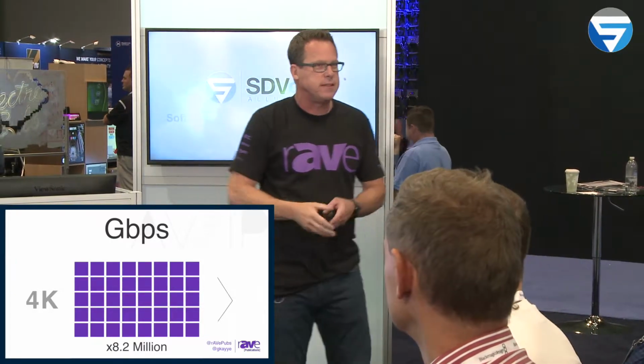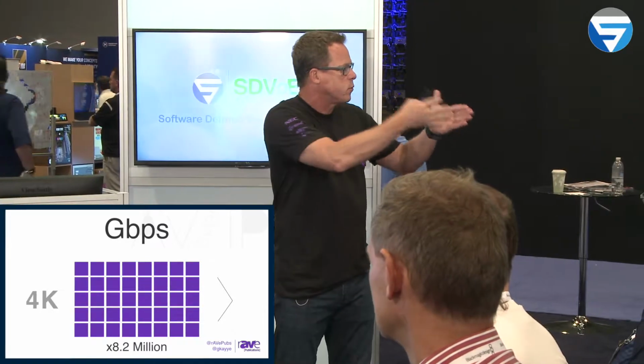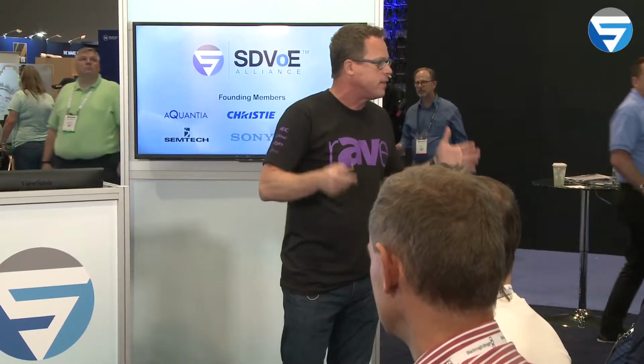So we want to make sure that those 8.2 million pixels get to the other end as intact as possible so we're able to give that information to the other end. So here's what happens. Ultimately, the network can't handle completely uncompressed 4K in the real world today. In a perfect scenario, yes, we would have uncompressed video, but we know that doesn't exist today. We're going to have to do some compression. When we go to 10 gigabits,